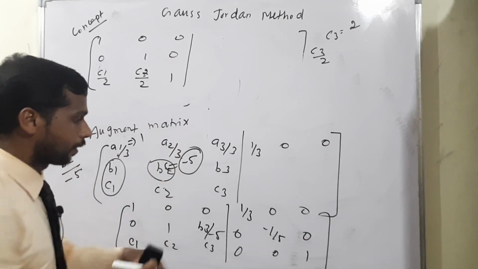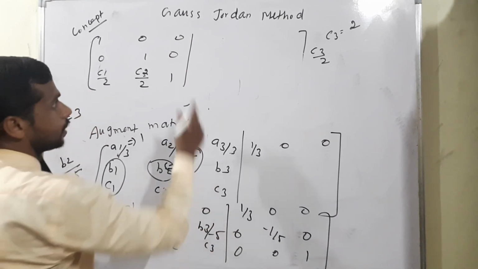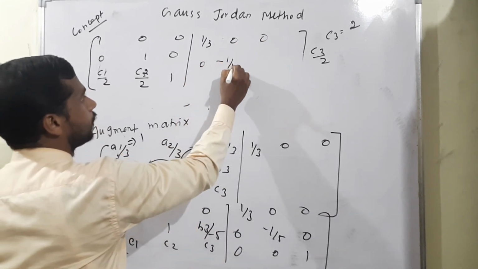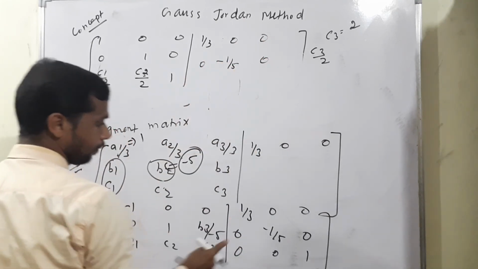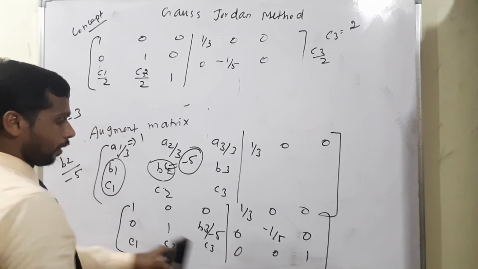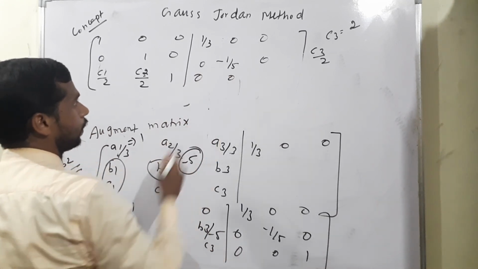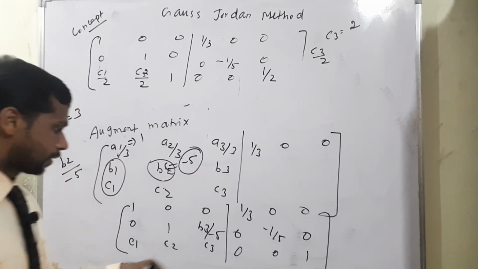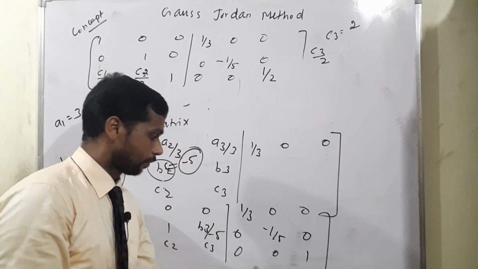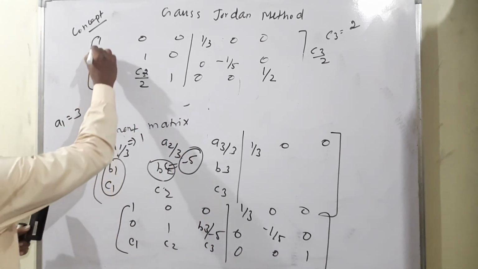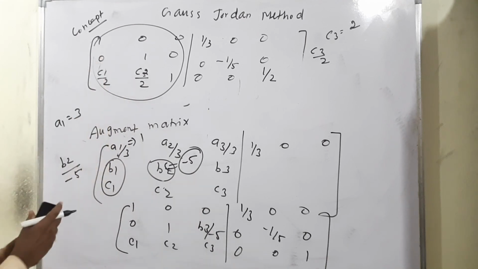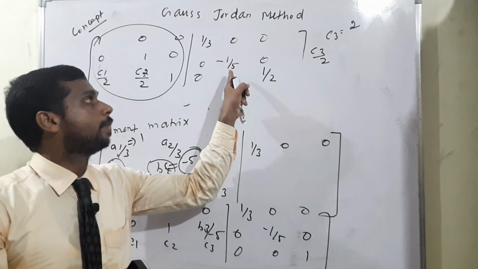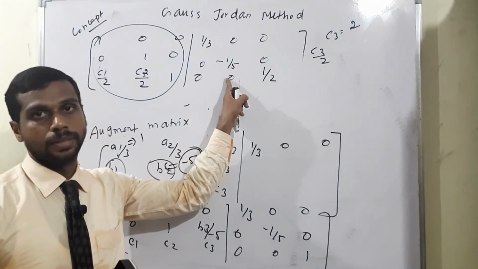Then what will change in the corresponding identity term? 1 by 3 as it is, 0, 0, then 0, negative 1 by 5, then 0. Check the third column also: 0 will come, 0 will come, and here definitely 1 by 2 will come. Some changes will affect the other terms also. That's why, after getting this, the identity term is the corresponding inverse of the matrix. This is how we write the answer.